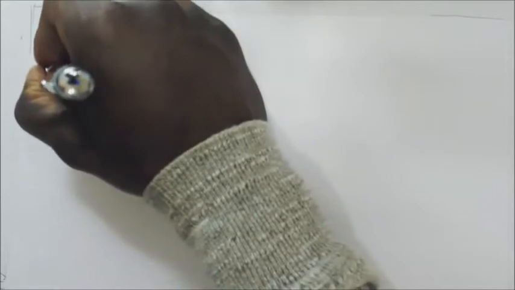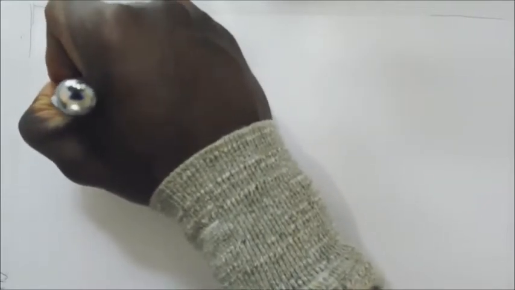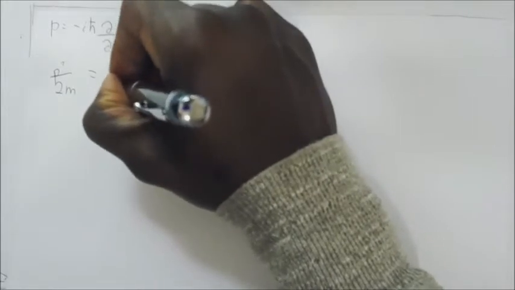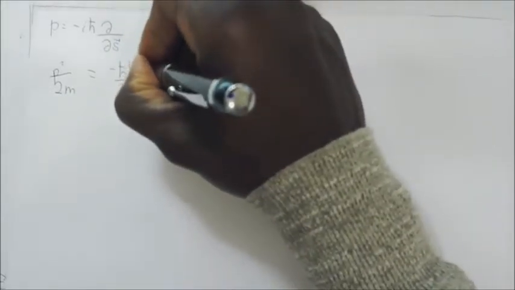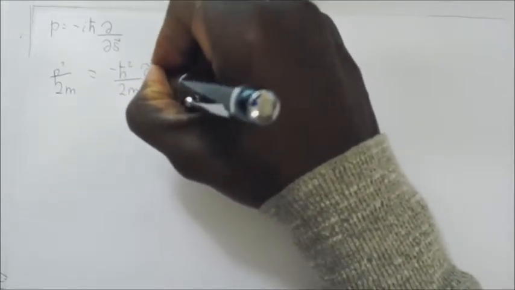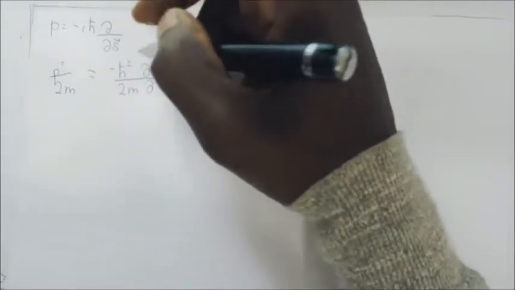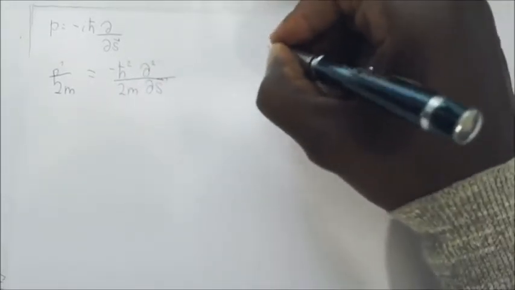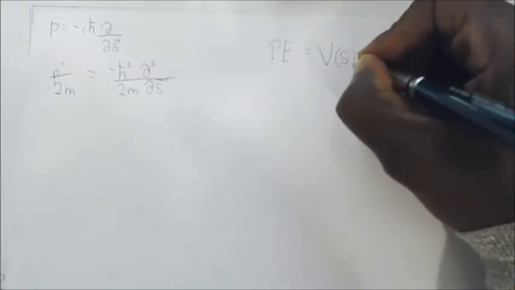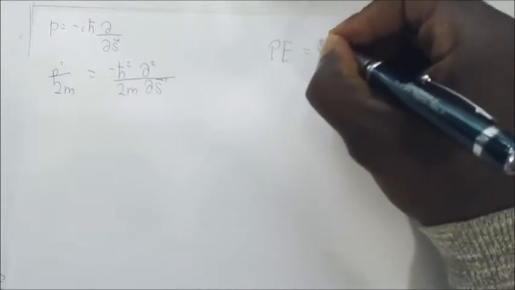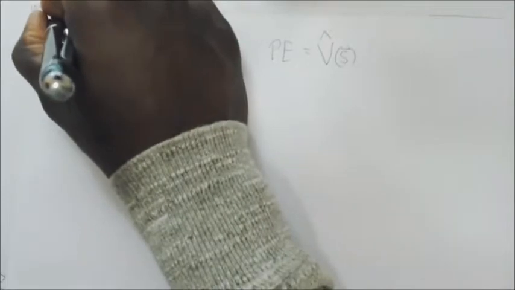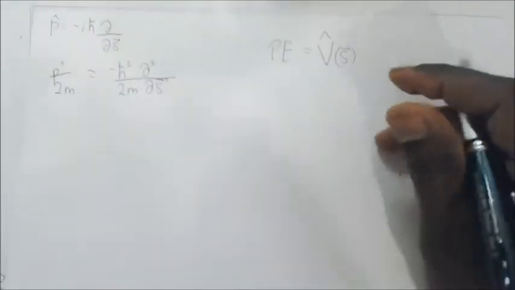So P squared over 2m is going to be equal to minus h bar squared over 2m times the second partial derivative by ds squared. If we let the potential energy, PE, be equal to V of s, and we use a caret to depict that it's an operator, just as we did for the momentum,